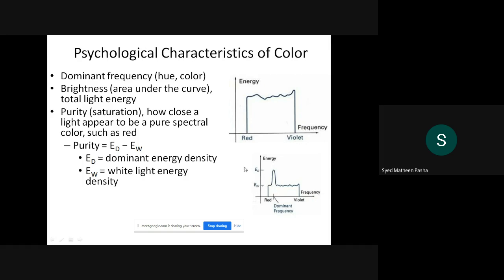Dominant energy density is the maximum energy of light. EW, the white light energy density, is basically the minimum energy falling on that particular object, with the help of which you will be calculating the dominant frequency with respect to the range specified in that particular object depending on the frequency specified. So this is how you calculate the purity of that particular object or light.